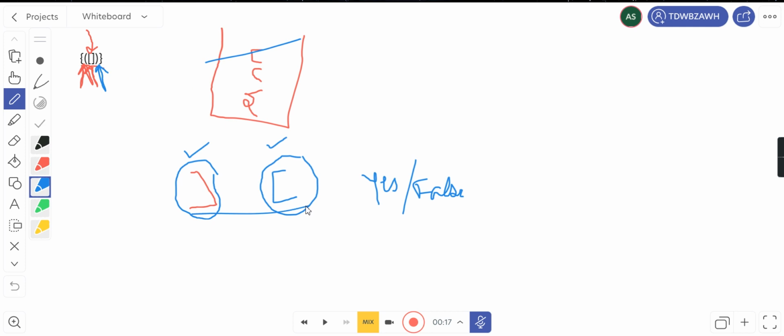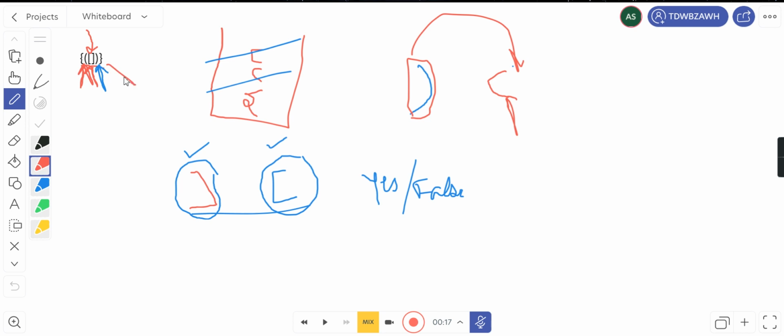Now since this is the case, we move to the next, and then we encounter a closing round bracket. Now we will pop from the stack and we will check whether the stack's item is the opening for the closing one. Yes, so this is fine, we can go to the next item in the string. Then we encounter a closing curly bracket. Now we will pop from the stack, and every time we pop, we will check whether the size of the stack is not 0. If it's not 0, then only we'll pop. So size of stack is 1, we will pop.